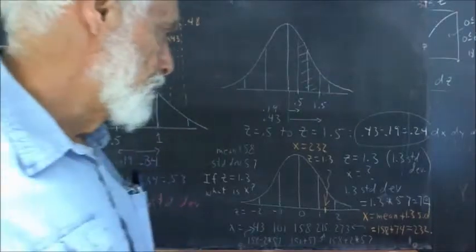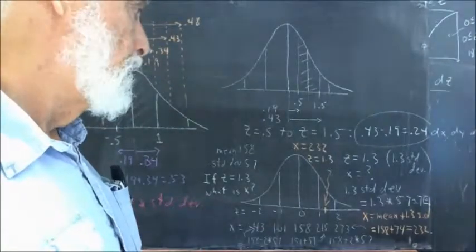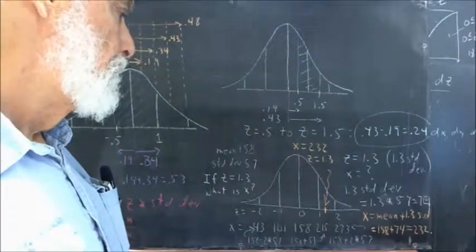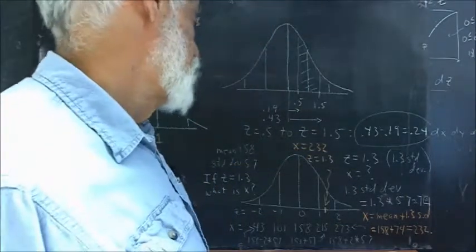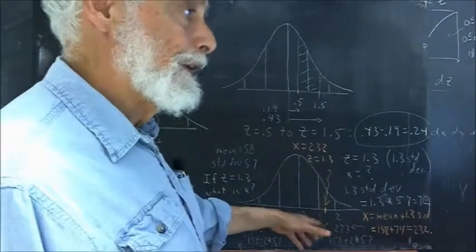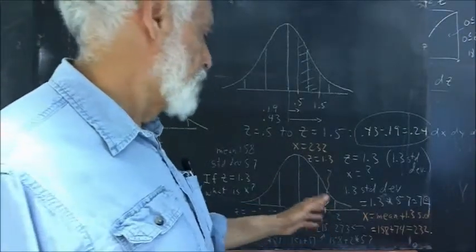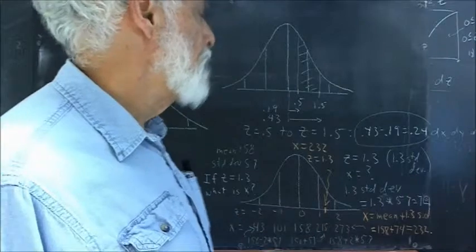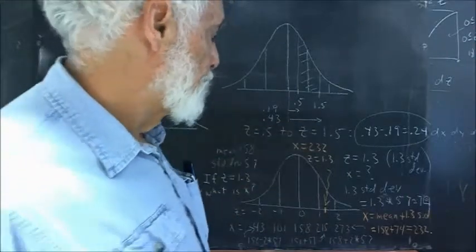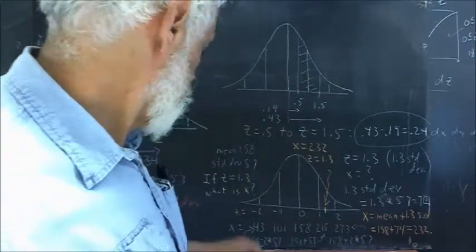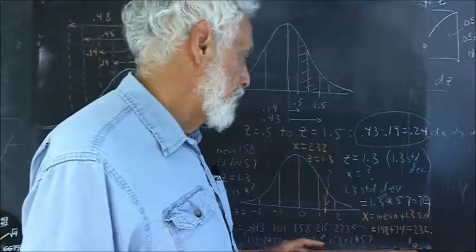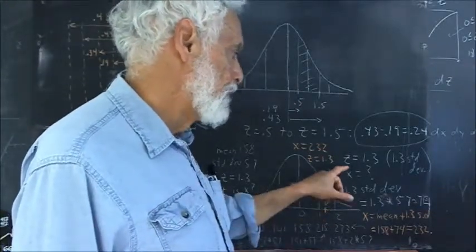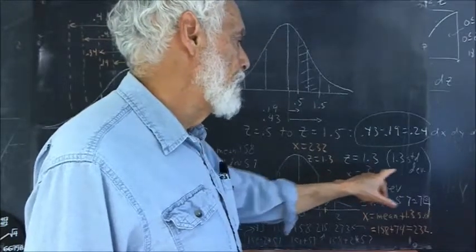And that's certainly one way to do it. Another way is just to understand that, that's a good way. It represents a good understanding of what the labeling means. Now, a little shorter method, and one that isn't difficult to understand if you understand that, is, okay, z equals 1.3 means